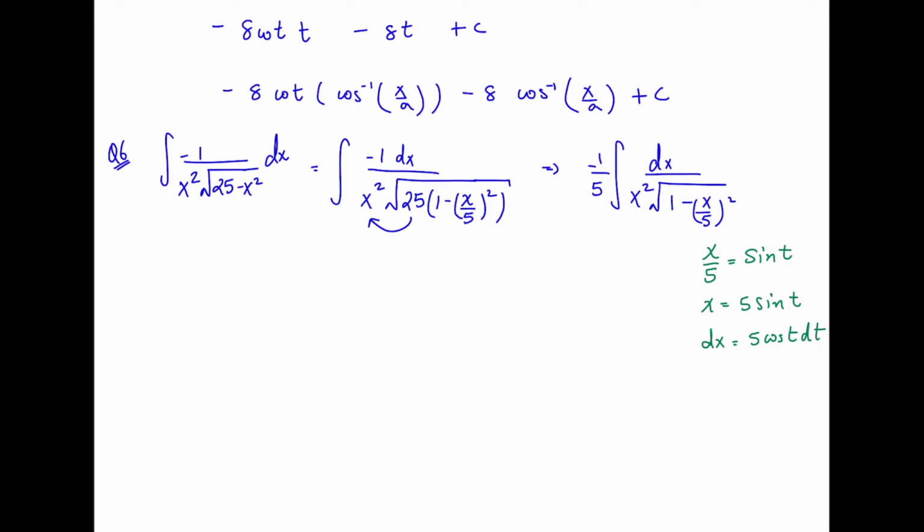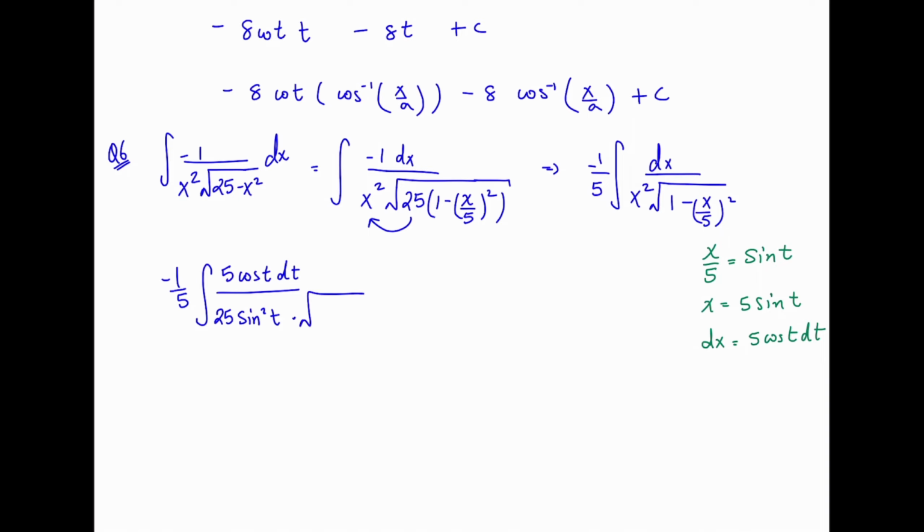After simplification, this will be negative 1 over 5 dx. X squared will be just 25 sine squared t. The dx will be equal to 5 cos of t dt. And then here you would eventually